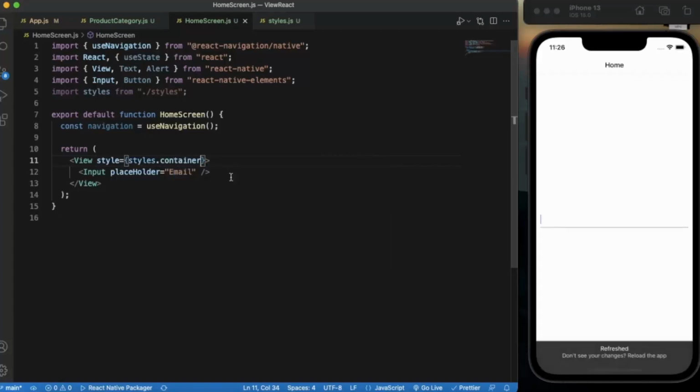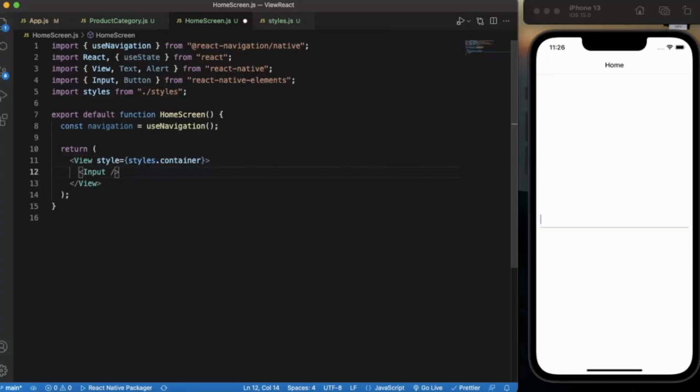Let me just save this. Okay, so it is small. Okay,